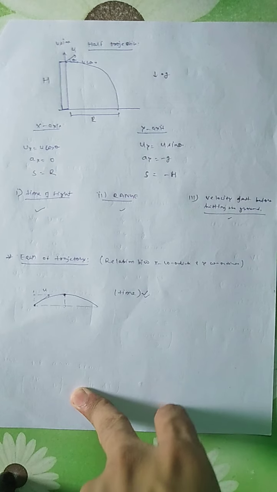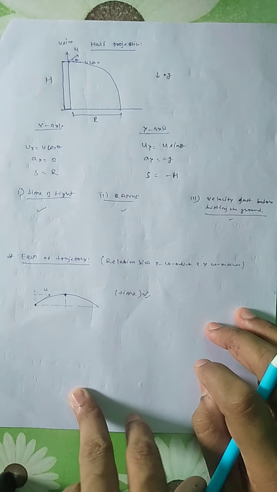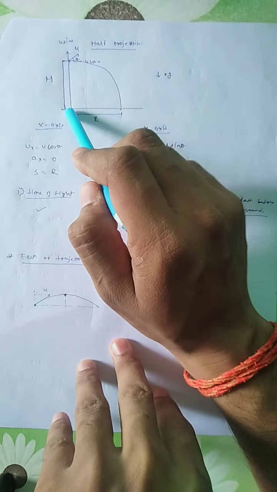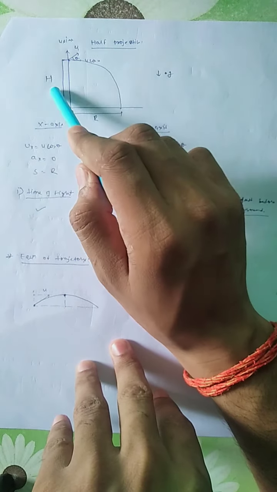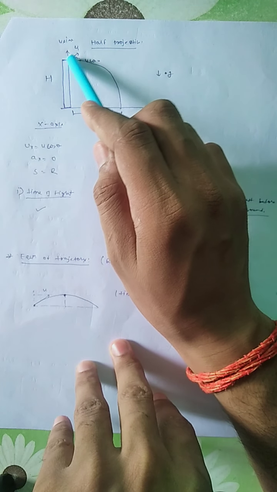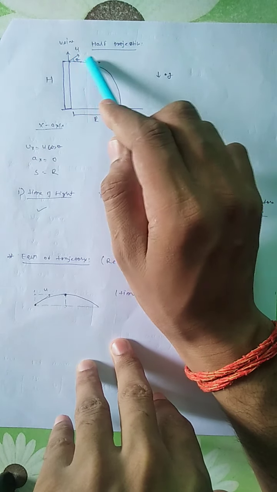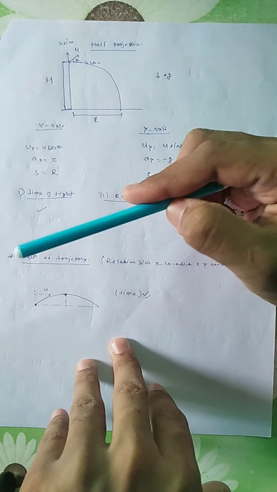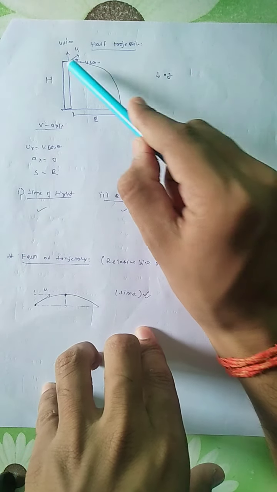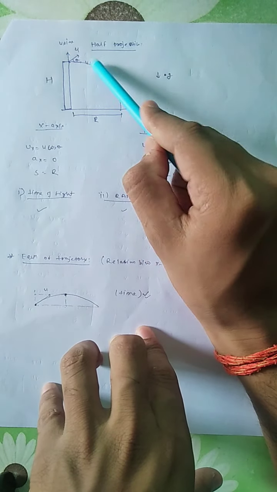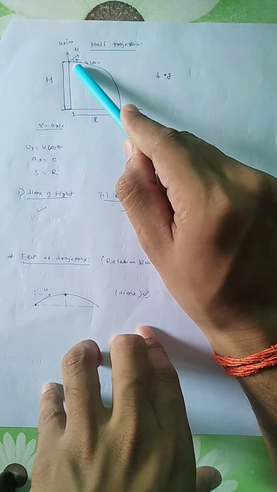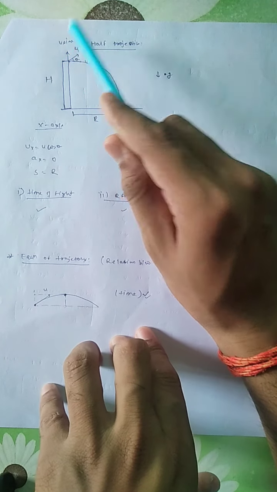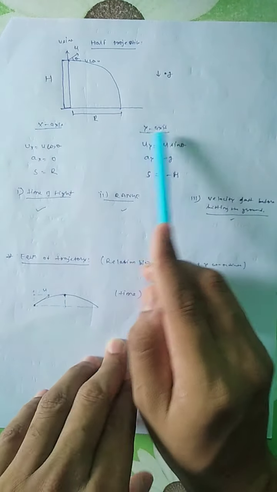Now we will study the second aspect of projectile, that is half projectile. What is its meaning? A ball is thrown from a height, from a tower you can say, of height h, with a velocity u making an angle theta with the x-axis. Again we will solve it as we solved the previous projectile. Just resolve its components: this is u cos theta, this is u sin theta. The x direction motion will have initial velocity u cos theta, and the y direction will be upward with u sin theta.